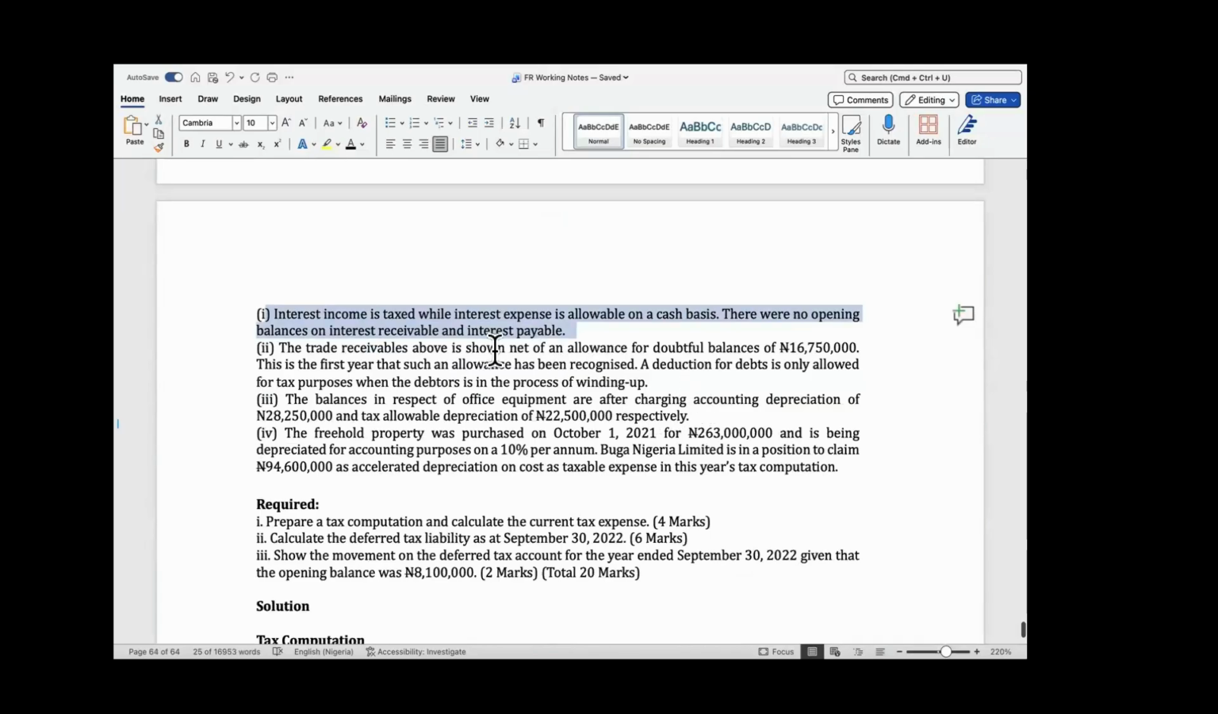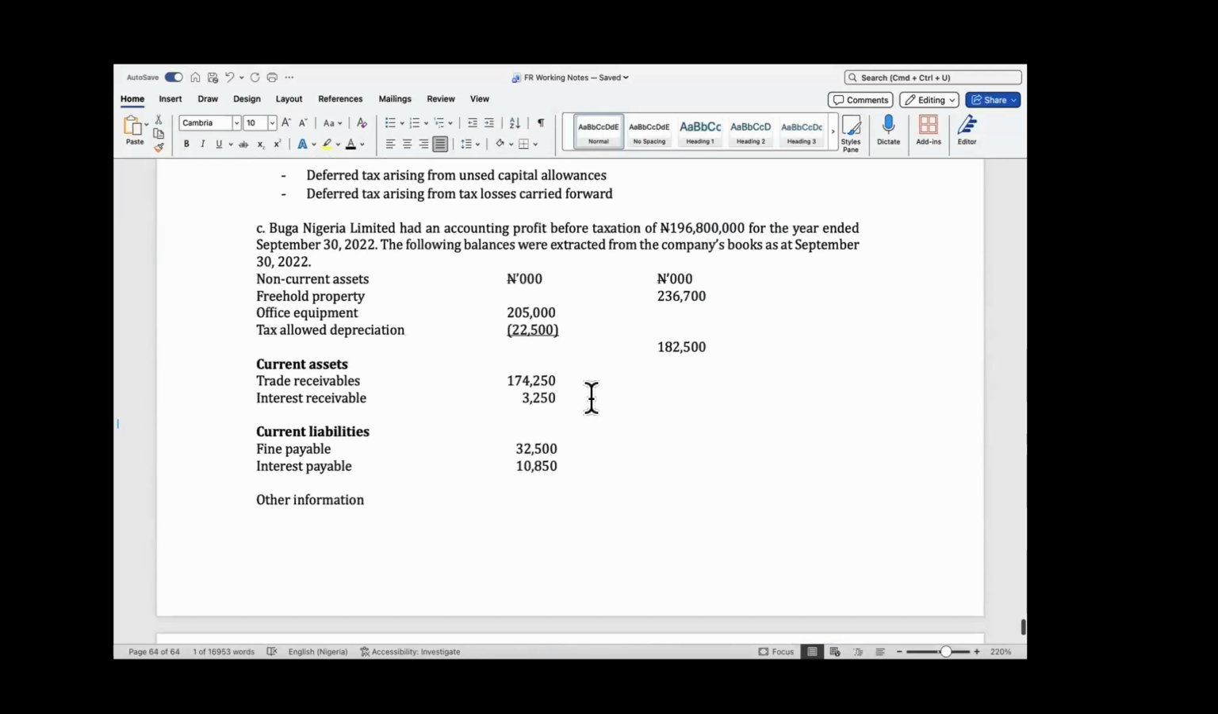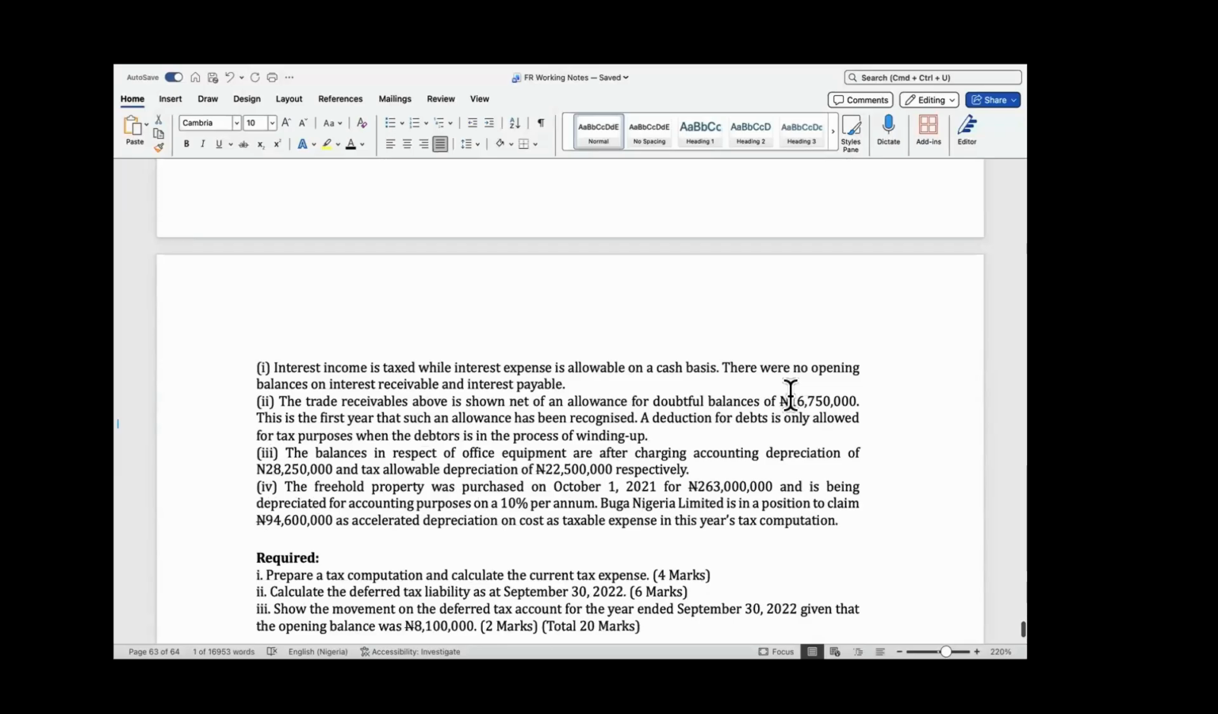Also, the trade receivable balance above is shown net of an allowance for doubtful debt of this amount. So these trade receivables are telling me that they had already deducted an allowance for doubtful debt of this. And we're told that this is the first year such an allowance has been recognized, so they hadn't recognized it before. There's no opening. We're told that a deduction for debt is only allowed for tax purposes when the debtor is in the process of winding up, which goes to show that the taxman is not going to allow this